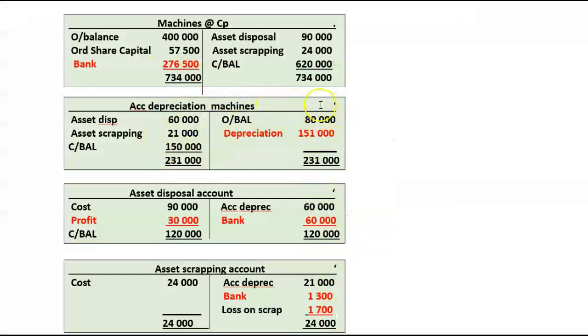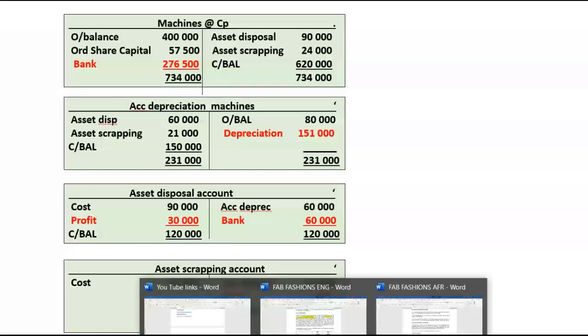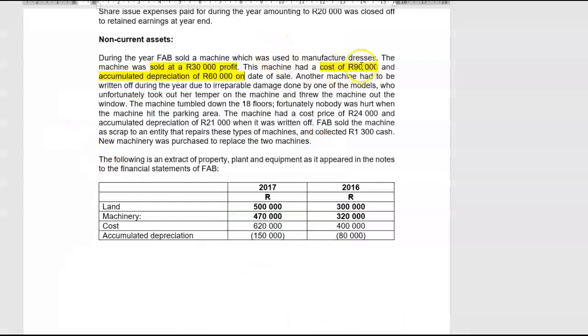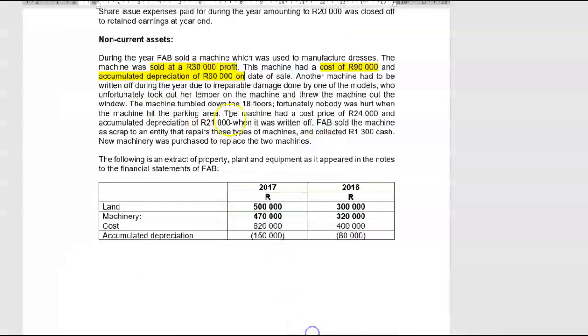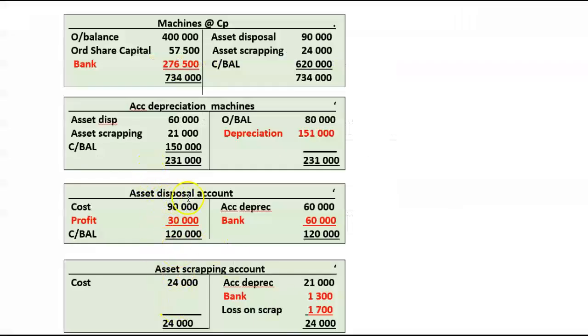There's the closing balance, there's the opening balance. Great, so we have sold a machine, cost price 90,000 and accumulated depreciation 60,000. So to the asset disposal account, we will take out 90,000, 60,000 accumulated depreciation. We have sold it at a profit of 30,000 Rand. So therefore here in our asset disposal account on the debit side, profit on the sale is 30,000 Rand. Now when we balance this off, obviously the proceeds on the sale of the machine are 60,000 Rand,